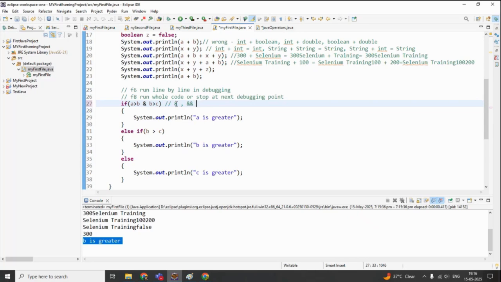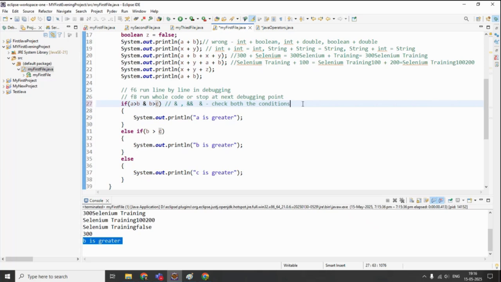This AND sign will check both the conditions. Both conditions have to be true, or you can say it has to satisfy this condition and this condition, then it will go inside. This single AND operator will check both the conditions, but